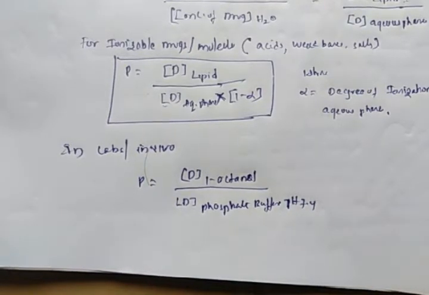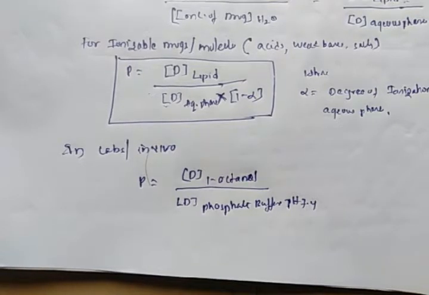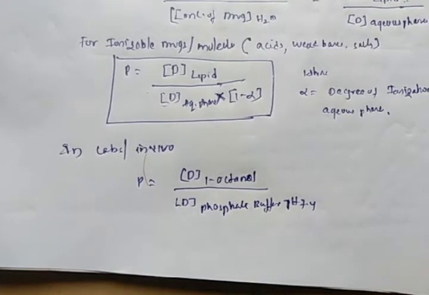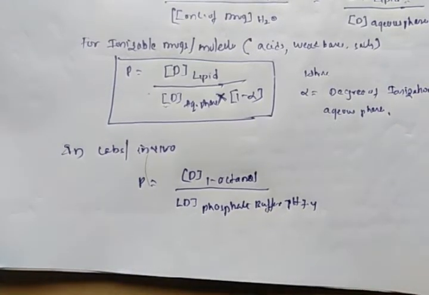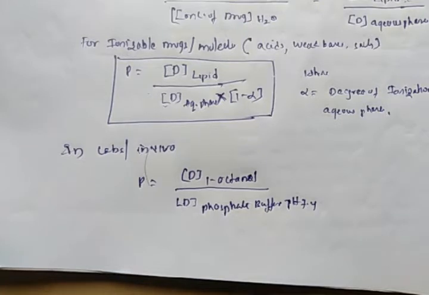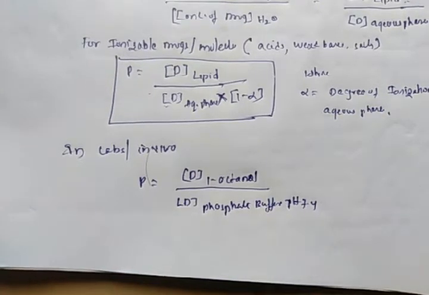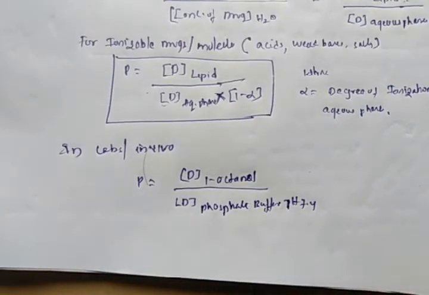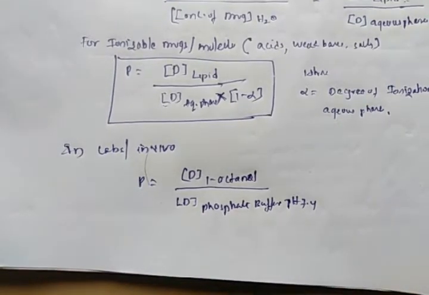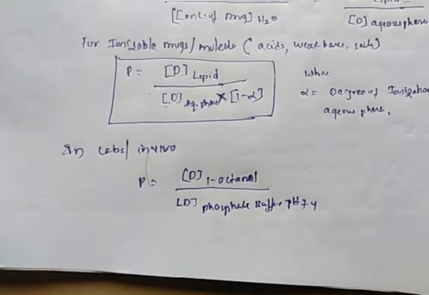7.4 solution. If the drug is more dissolved in 1-octanol, the drug has a higher partition coefficient. If the drug prefers dissolving in phosphate buffer, it has a lower partition coefficient. If the drug has a higher partition coefficient, it is lipophilic in nature. Based upon the log P values, as we discussed in the previous section, we can decide the solubility. So partition coefficient is also used for determination of the solubility of drug molecules.